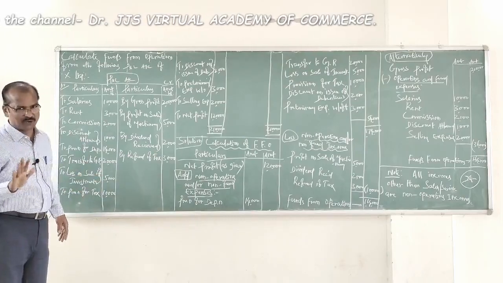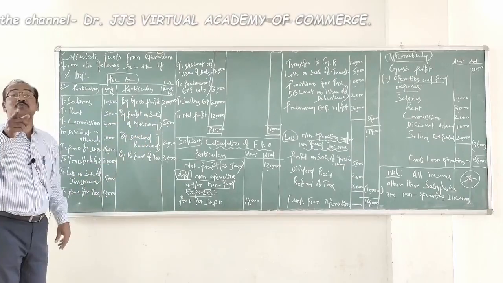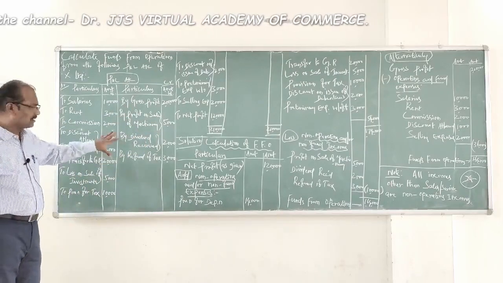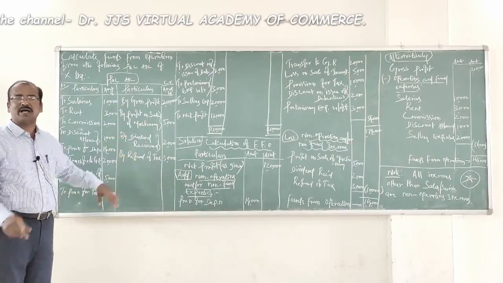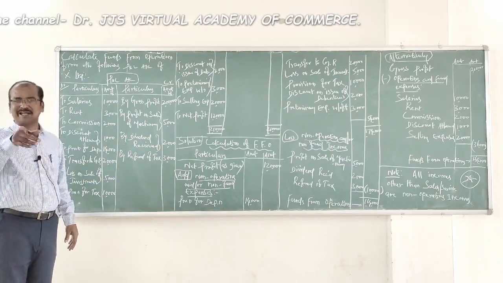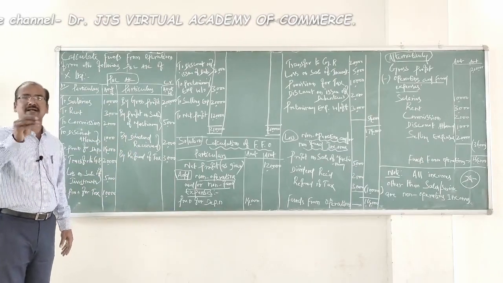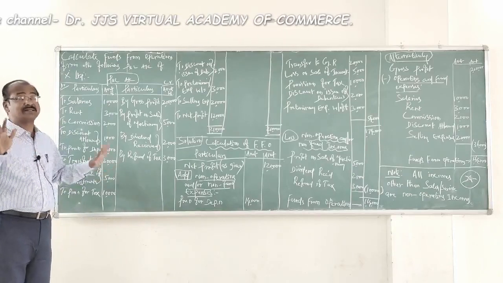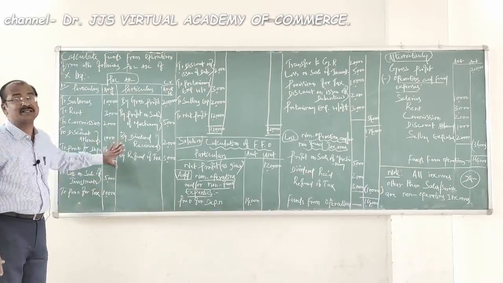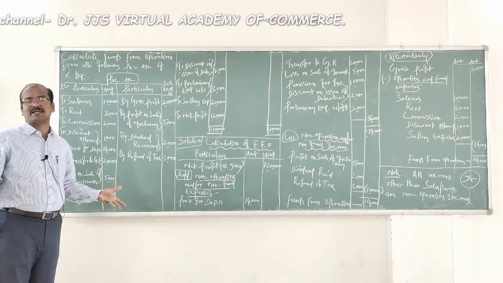Second method, what are we going to do? We are not going to go back. We are going to take gross profit as a starting point. In this type of problems, this is possible. I suggest you, the learners, simply follow the second method and complete the solution very quickly. That's 100% correct. But this second method is possible only in this type of problems, where you are given a complete profit and loss account.